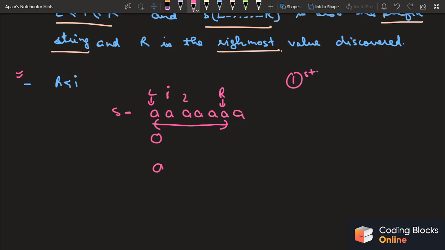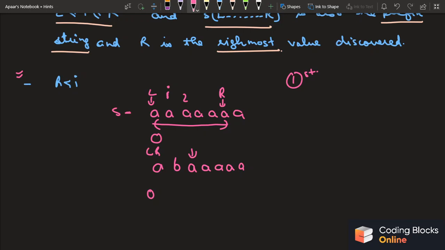So let's take a different string. Let me mark it like AB and AAA. Initially L and R are at 0, Z0 is 0. Now for index 1 I'll just apply a trivial approach, just brute force it and check how much length of the prefix I can match starting from index 1. What I'll get is a 0. Why? Because this B does not match with this A, so no substring starting at this index can also be a prefix. So L and R will stay over there only. Then I'll move forward to this A.